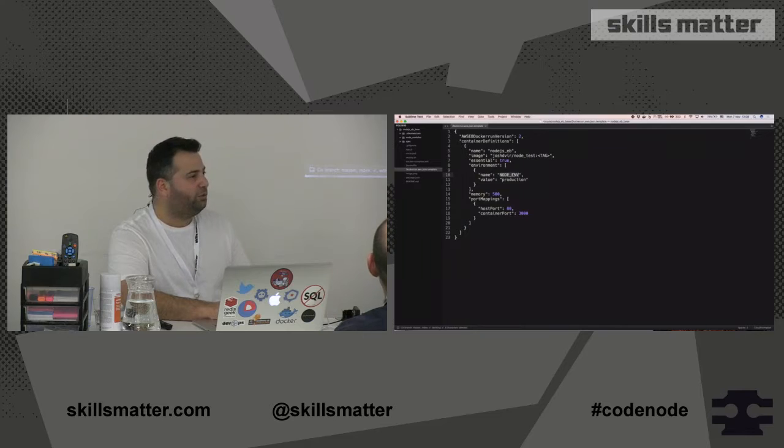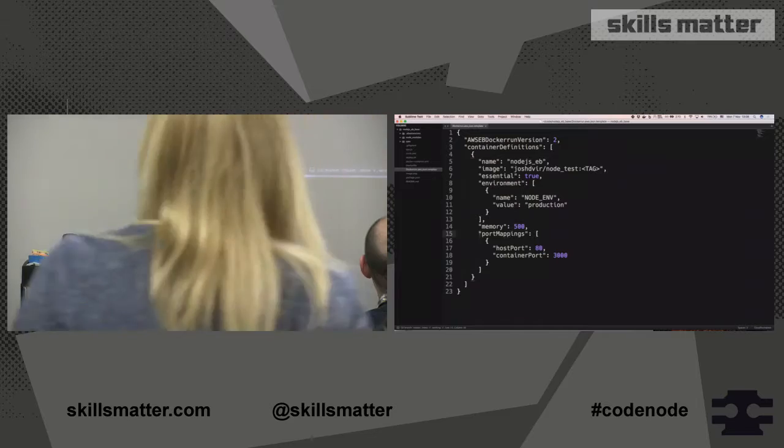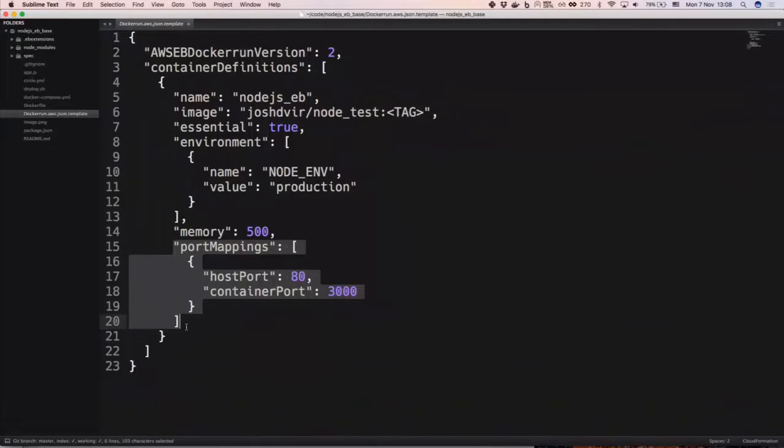So the environment will be production. I'm giving it a memory limit. Every container needs to have a memory limit. And I'm telling it which ports to open and to map. So I'm telling it to map port 3000 inside the container to port 80 on the server, so that when the load balancer wants to reach it,